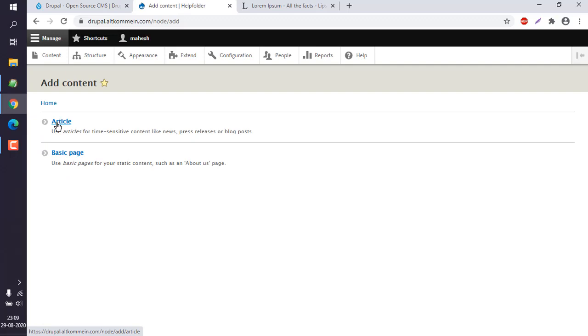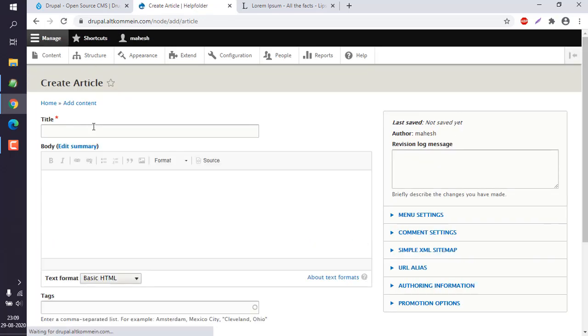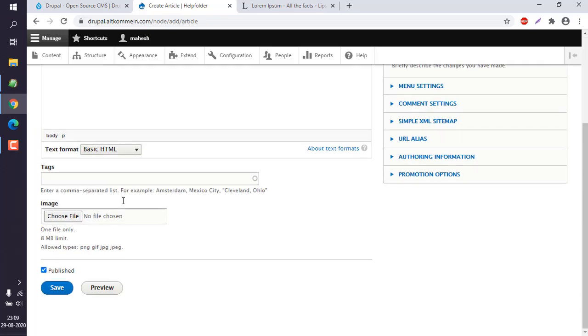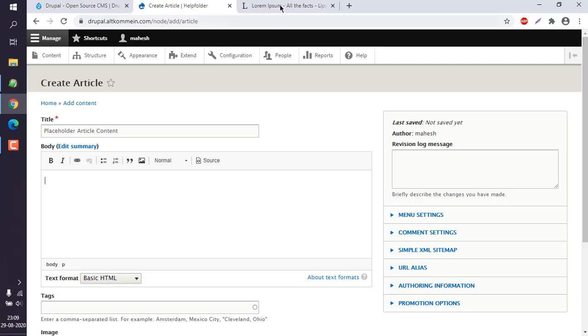Okay, now here you can see two options, article and basic page. I want to add article content, so I'm going to click on article. Now here you can see I need to have some title, so I can type in placeholder article content. Now to add some content into it, I'm going to add lorem